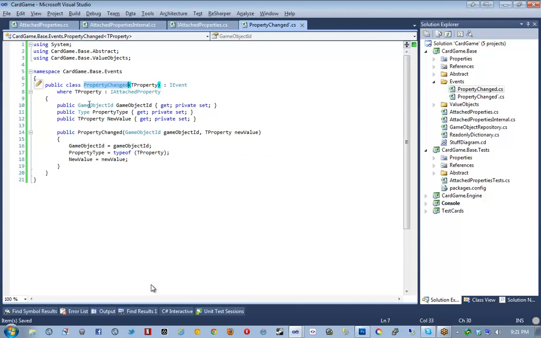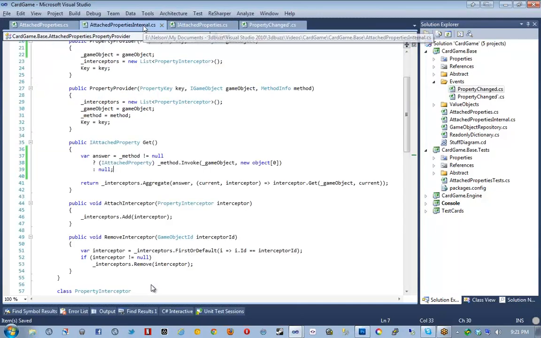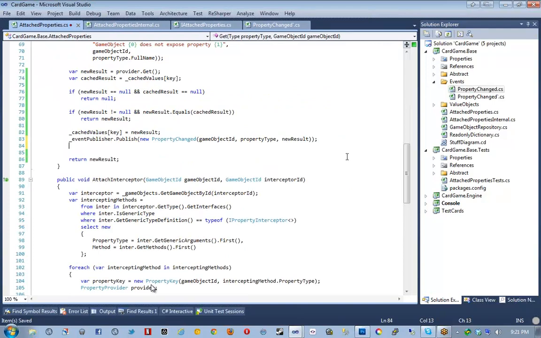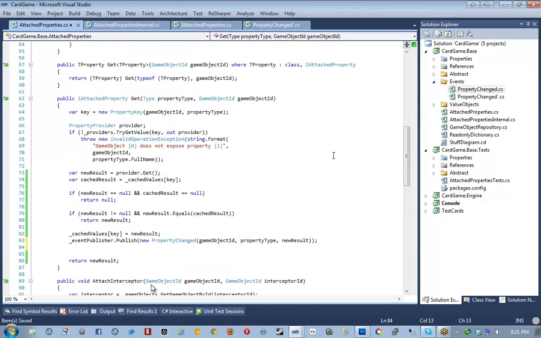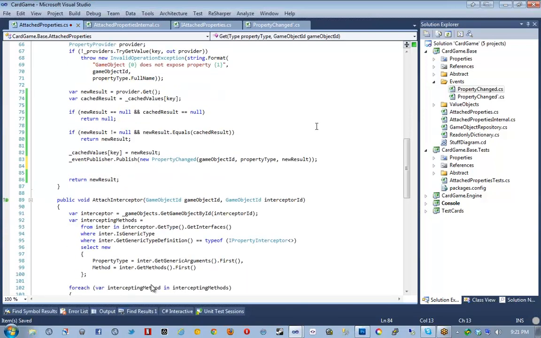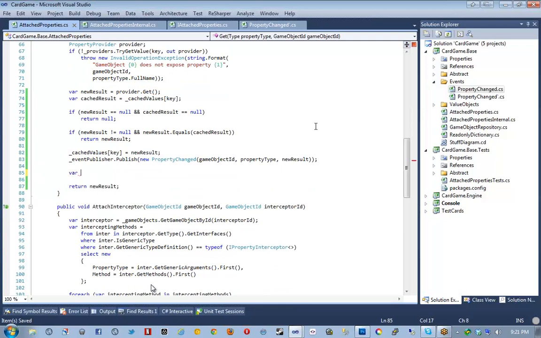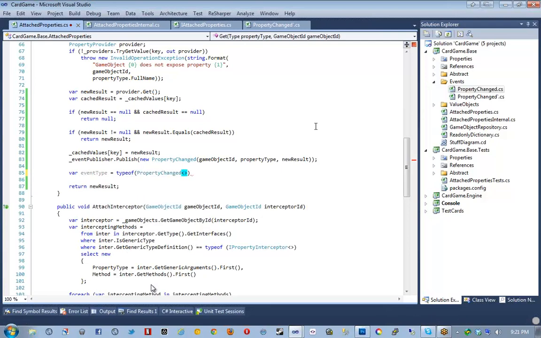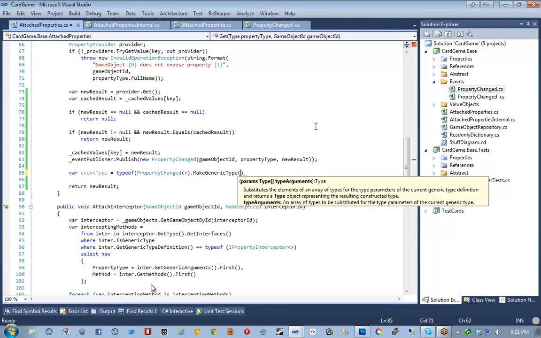So here's the genericized form of this event. And the problem that we will now face is how do we fire off an event when we only have the property type at runtime and not compile time? There's no way that we're actually going to be able to instantiate this class through static code. We have to use reflection. So what I'm going to do is say event type, and this will make sense in a second, is type of PropertyChanged empty generic, MakeGenericType,